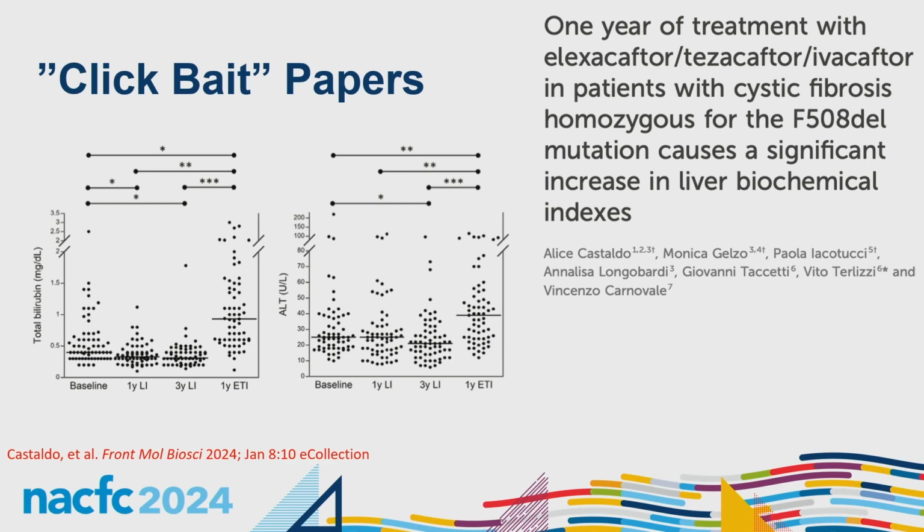And they're not meaning it as clickbait, but this kind of feels like a clickbait paper to me, right? Because you have this idea of causing an increase in liver biochemical indices. So if you're in PubMed and you read that, you go, oh no, this drug is causing problems, right? But again, if you look at this change in total bilirubin, you're talking about a jump from 0.5 to 1. All right, and ALT from roughly 25 to 40. So maybe a little bit high. And they are showing that this was a little bit more pronounced on ETI compared to those that were on a Luma-IVA formulation, but you're still talking about numbers that are generally in a normal range.